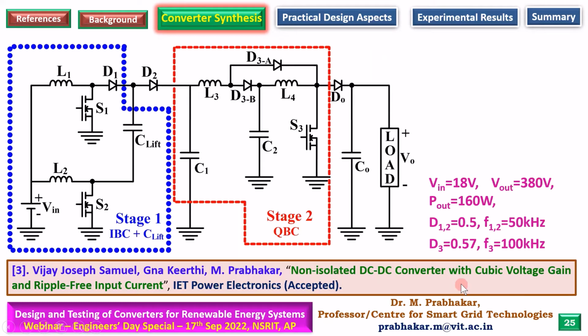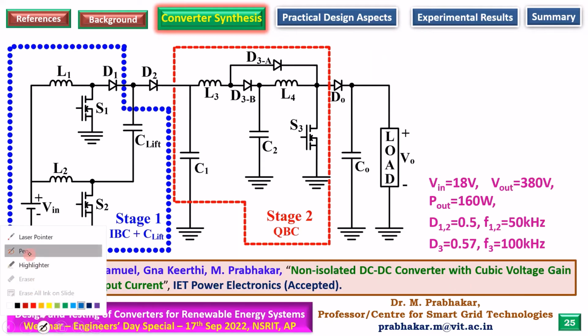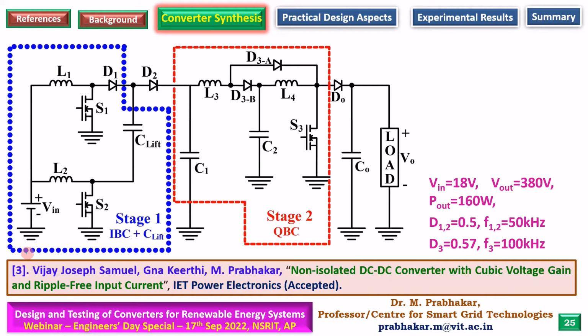So the meaning of cubic is, so far we have come across 1 by (1 minus d) square, power of 3. This will give us a voltage gain of power of 3, 1 by (1 minus d) power 3. This is called as cubic voltage gain. For whatever configuration I have drawn here, this is again a lift capacitor. Therefore, the voltage gain will be 2 by (1 minus d) cube, plus we have another